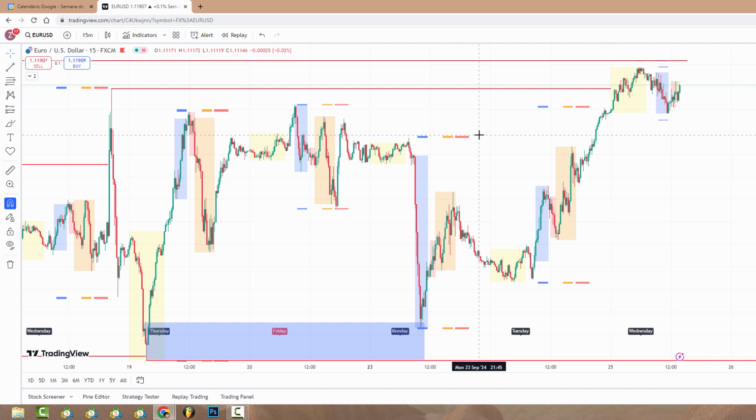This is like 20 indicators all in one, and I got my kill zones right here. It's these bars below, these bars above. And so we got these bars, but we also got the session